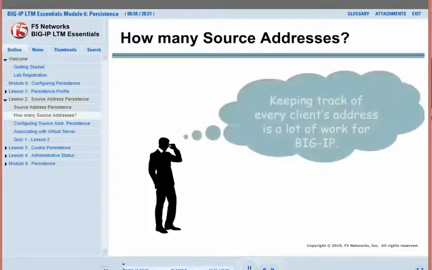Bob is glad to hear he can use a net mask with source address persistence. Since all his clients coming from the internet don't have their source address changed by a NAT device, he won't experience the source address persistence limitation. And he had been thinking that keeping track of every client's IP address would be a lot of work for BigIP. Again, the trade-off for BigIP is managing the number of persistence records while still load balancing clients among pool